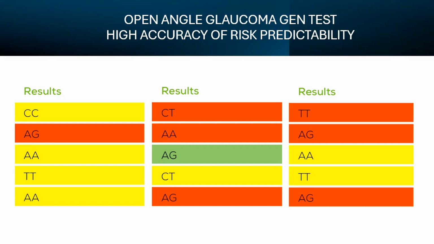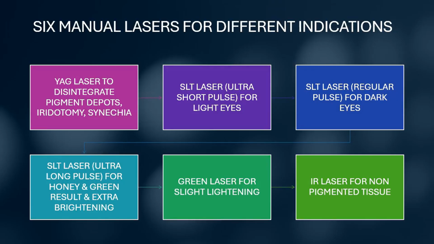This gives us very valuable information if we continue with the idea of carrying out the treatment, since we can proceed but with special preventive measures. Currently, we are using 6 lasers for different purposes in different patients, or even in the same patient. We can use the YAG laser to break up pigment deposits to eventually perform an iridotomy, or to break some